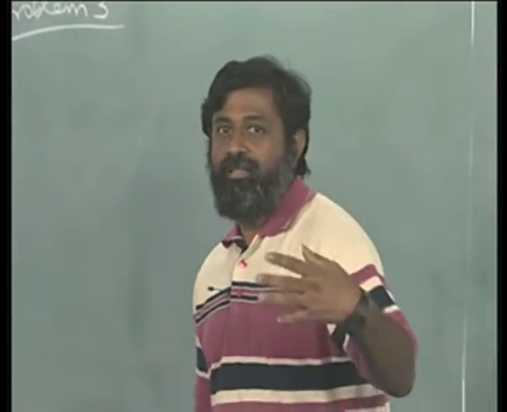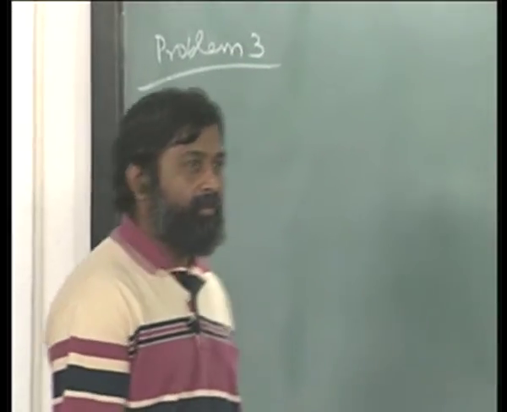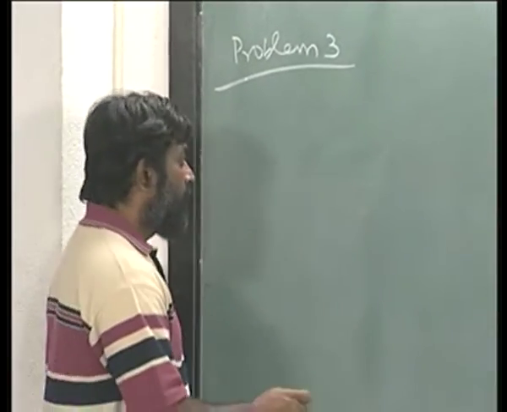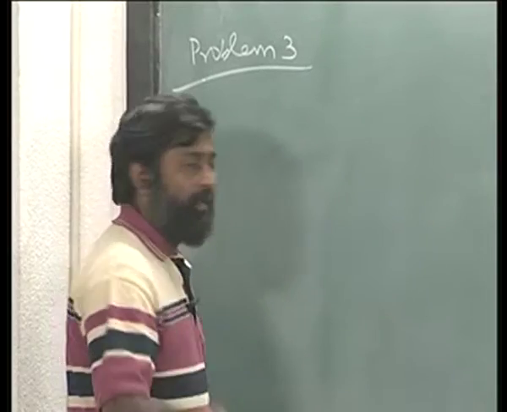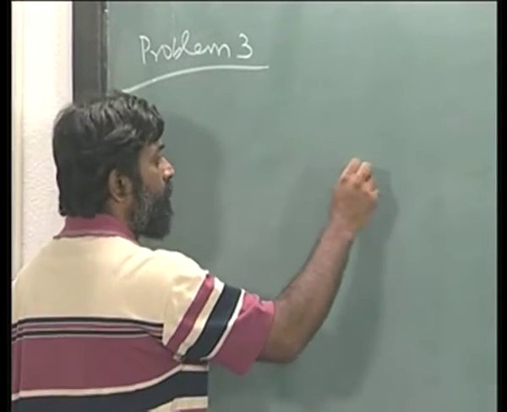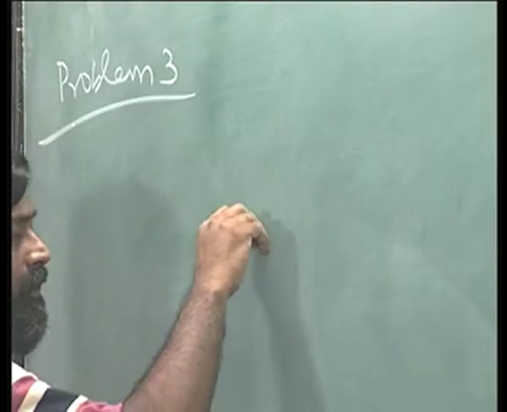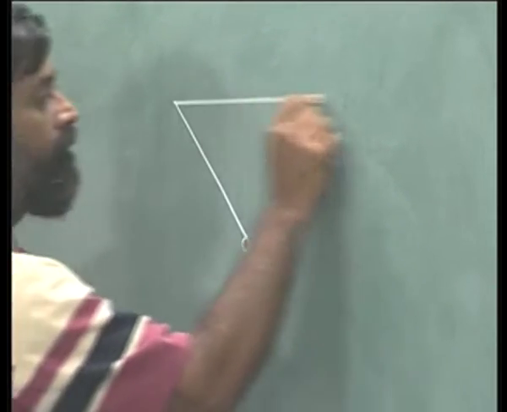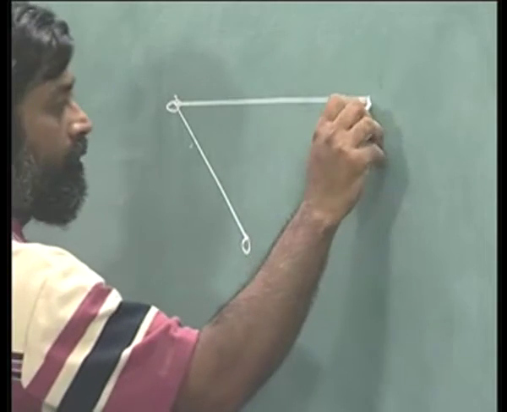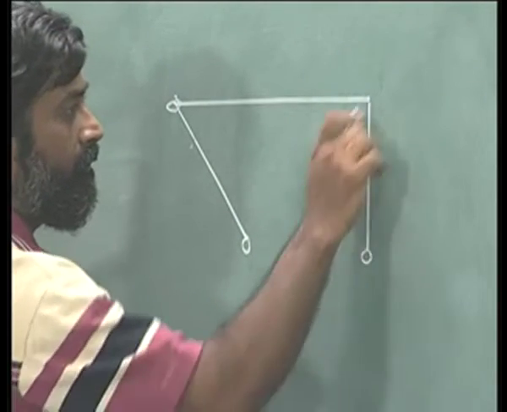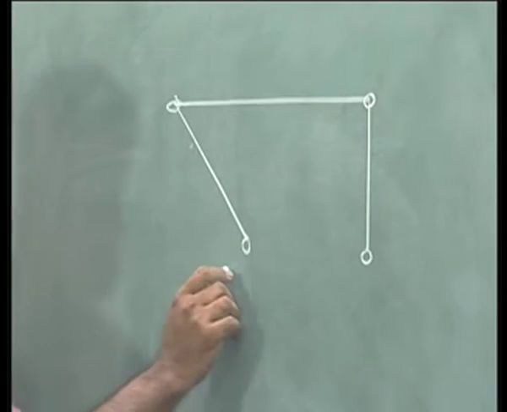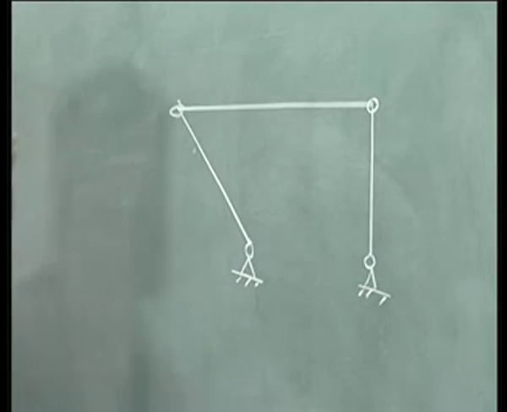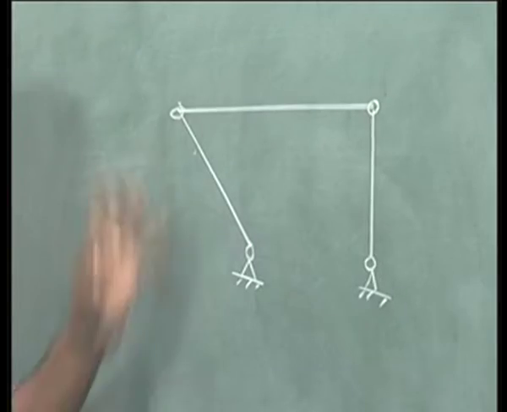Okay. So, let us look at some more problems. We will just identify some of those things that we know. Let us take the 3 bar link. So, let us say I have something like this. The 3 bar link pinned over here. Let us say the dimensions are given.